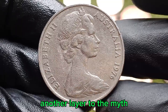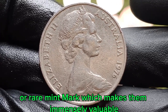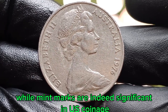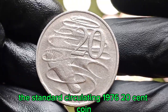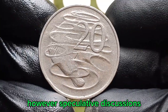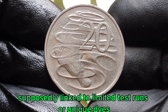Another layer to the myth is the idea that some of these coins have a hidden or rare mint mark which makes them immensely valuable. While mint marks are indeed significant in U.S. coinage and occasionally in Australian proof sets or commemorative issues, the standard circulating 1976 20-cent coin does not carry a distinct mint mark. However, speculative discussions and online buzz have sometimes mentioned mysterious versions with markings supposedly linked to limited